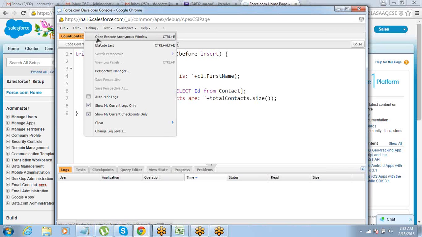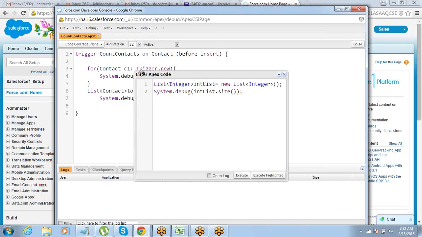Now this is where I was talking about using an anonymous code block. You can write an anonymous Apex code here and then execute that. Okay, so that will get executed. Got that? So this is what you can use for executing an anonymous code block. Let's say account will